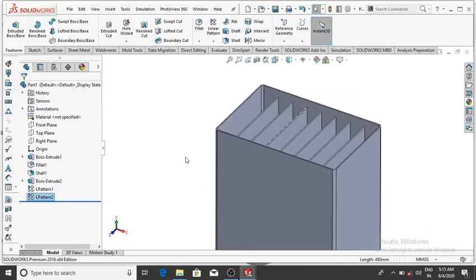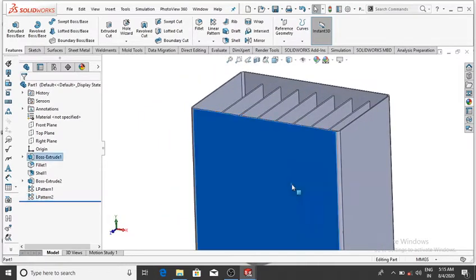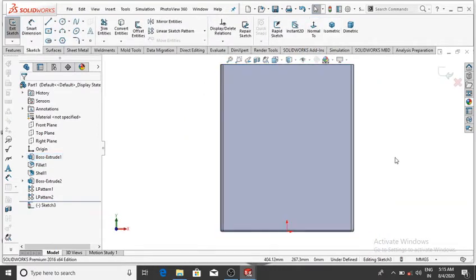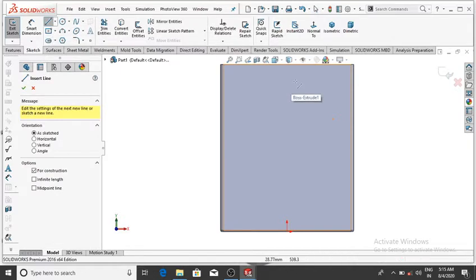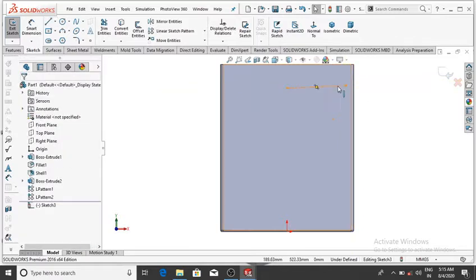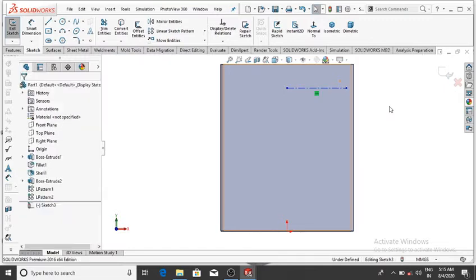Again we make the body of this battery, and on this face select, then sketch, then normal, and we give the name of this battery if you want to apply. So make the center line, select this and make the center line from this up to this, and make sure it is horizontal, then OK.